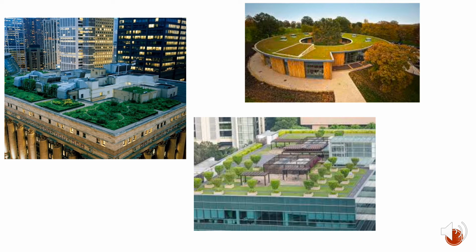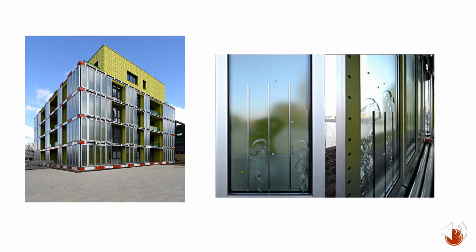And then on the bottom, we have a usage space. It looks like they've got some pergolas set up in bushes and trees, so it looks good. People can hang out up there and feel good about it. So now we're going to move on to the cladding systems, and the first one we're going to talk about